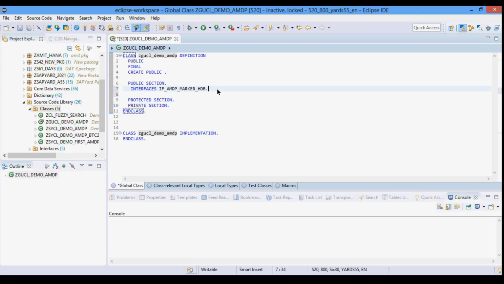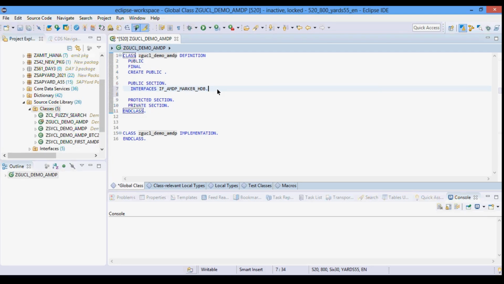Now we would be creating a method definition for my AMDP method. A couple of things I will quickly highlight first. The allowed AMDP method parameters are importing, exporting, and changing parameters.